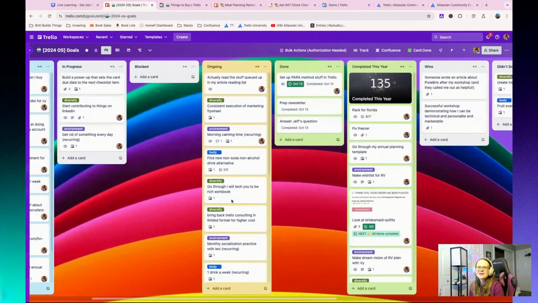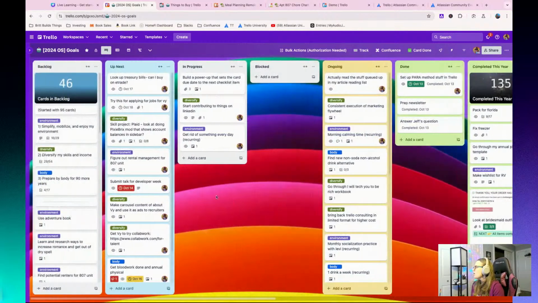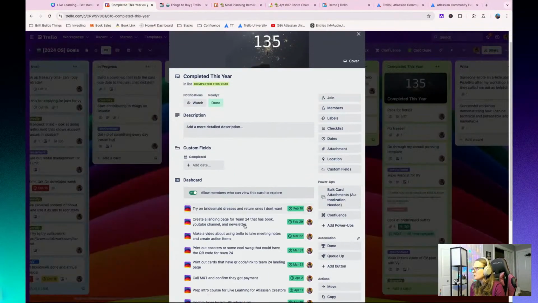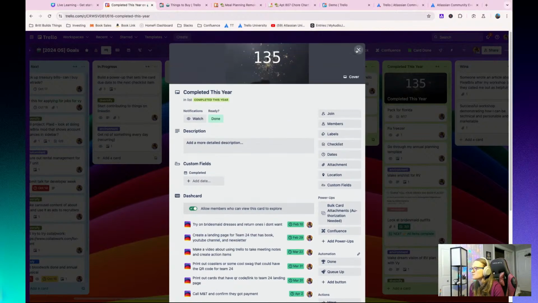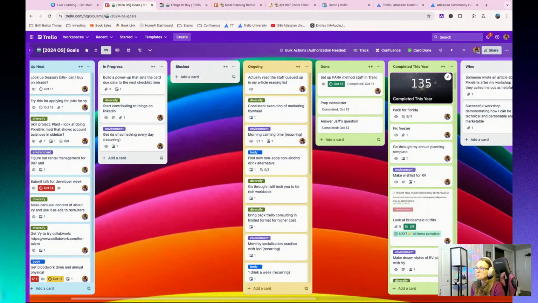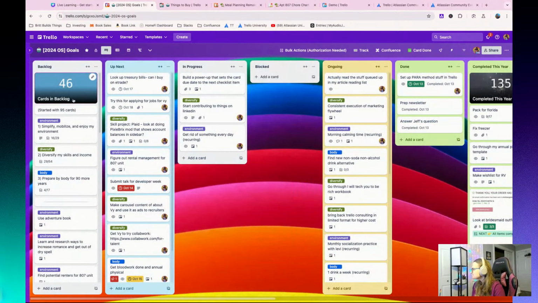And I've got a lot of different automation that makes them all work very nicely. I use dash cards to keep track of how many cards fit specific criteria. So it's a great way to see, this started out with 95 cards, and you can see I've completed 135. So clearly I have added some impromptu ones in here, but I am making progress and getting through these.